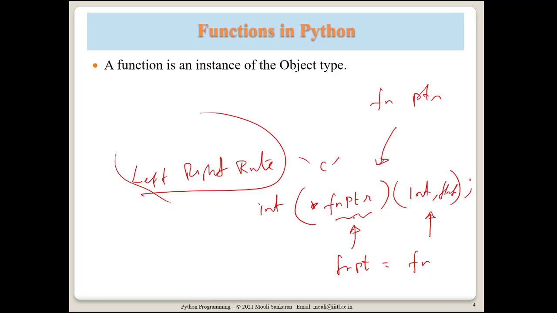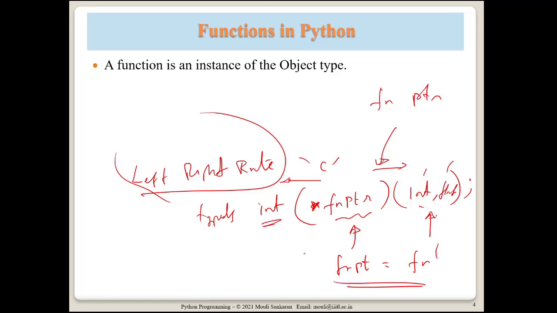If you need to understand a function pointer, maybe if you have a typedef, then what you do: function pointer f1ptr is a pointer, and then parenthesis immediately following. Then it is a pointer to a function accepting integer and float. You go to the right and then you go to the left, that returns integer. So you say that f1ptr is a pointer to a function which accepts two parameters, integer and float, that returns an integer. So you can declare a function pointer in C